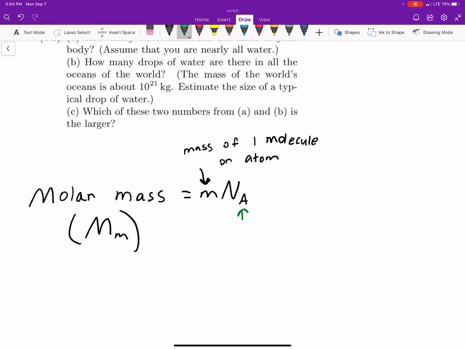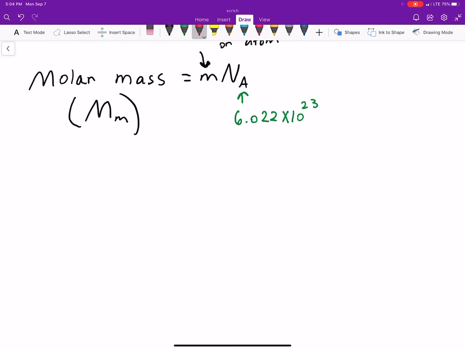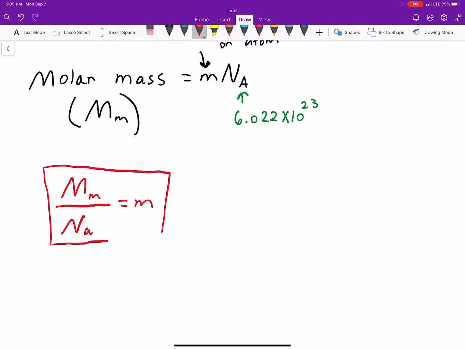Now Na, you might have seen that, that's Avogadro's number. That's a constant, which is 6.022 times 10 to the 23rd. Okay, so the first thing I'm going to do is solve for the mass of one molecule, and that's simple enough. It's going to be big M, little m, divided by Na, is equal to the mass of one molecule. So if we know the molar mass of water, which we do, and we have this constant, we can find how much one